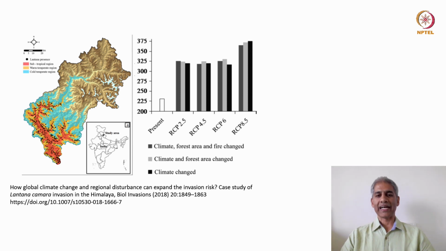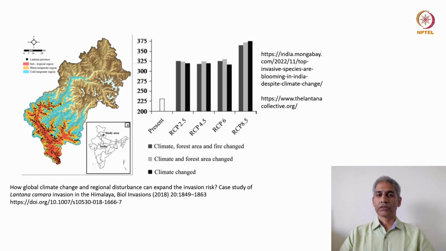They also looked at the effect of habitat degradation, so basically the change in the forest area, and the effect of fire on this. So these three effects will compound and cause an increase in the spread of Lantana camara, as shown